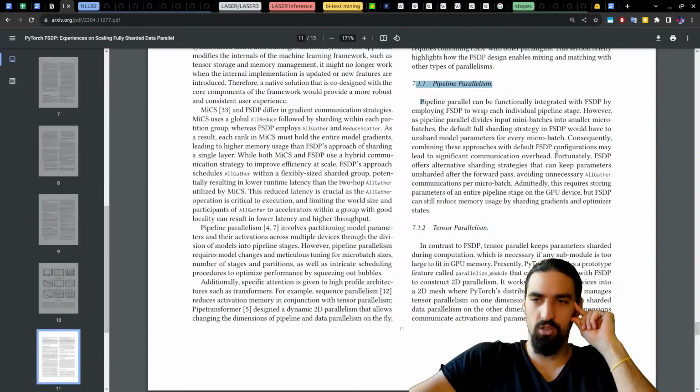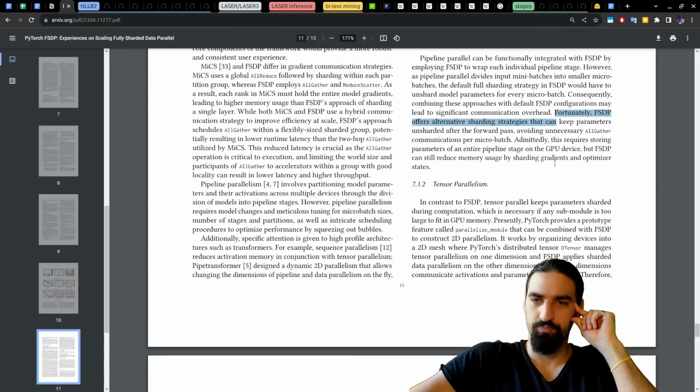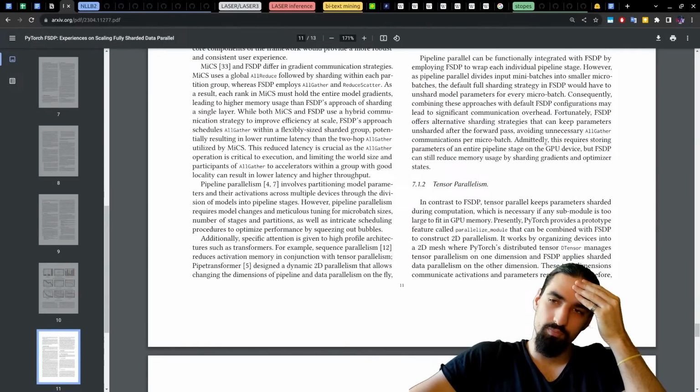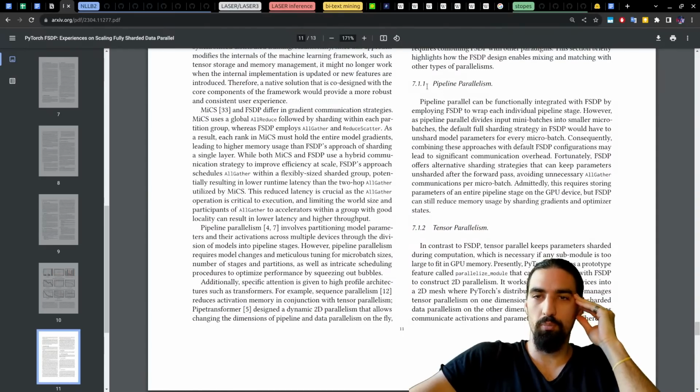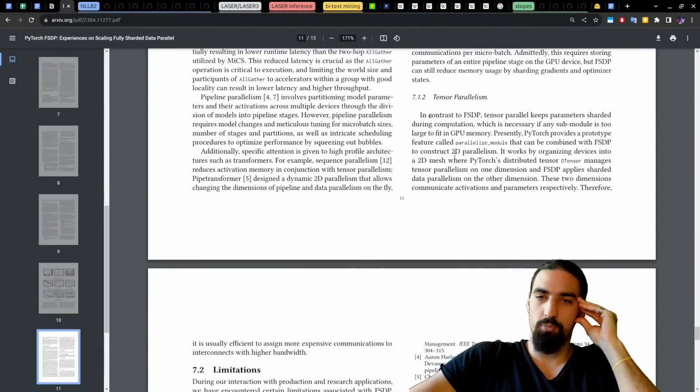Okay, it seems it's hard to combine these two. Okay, so not really compatible with pipeline parallelism. Tensor parallelism. Okay.